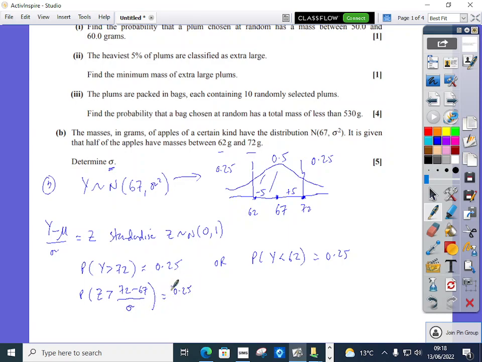Now in your calculator, can you use this standardize? What I want you to do is go and get your calculator, put 0 as mean, 1 as your variance. Okay, if you want to square root it, 1, you'll still get 1. And this time, can you do 1 minus, can you put in 0.75? Can you just tell me what do you get there? Because I'll quickly do this. 72 take away that is 5